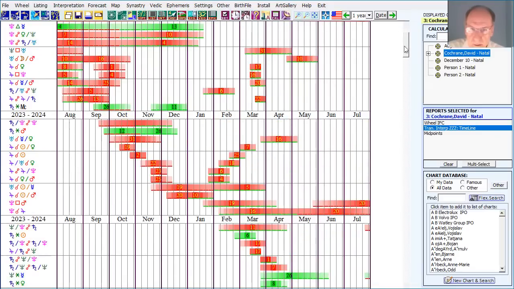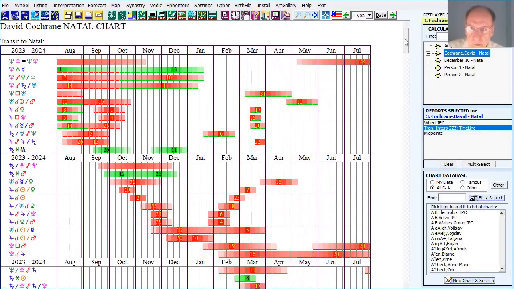Well, I mentioned in the previous video that when a planet stations and stays within orb for a long time, that sets a very, very powerful impact. So I mentioned transiting Pluto on my Venus-Neptune midpoint. Transiting Pluto on my Saturn-Uranus midpoint sets a very strong theme in the life.